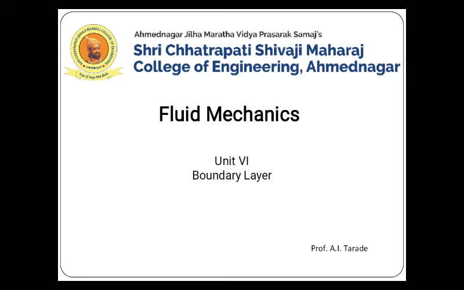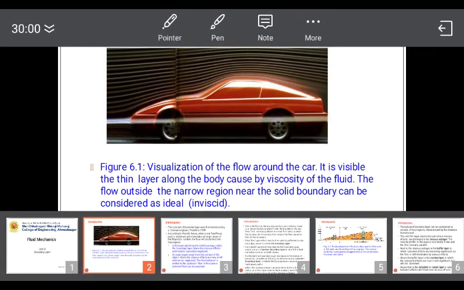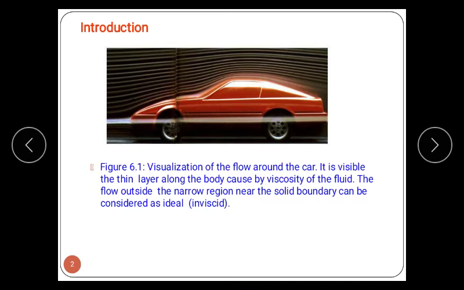Now we know that the fluid flows in the form of layers. Fluid may consist of air or liquid. Let us take an example of this car. In this case the fluid is air. This air is passing over this car, which is in an aerodynamic shape, and the fluid is passing like these layers of fluid. Now the boundary layer is formed over that surface.